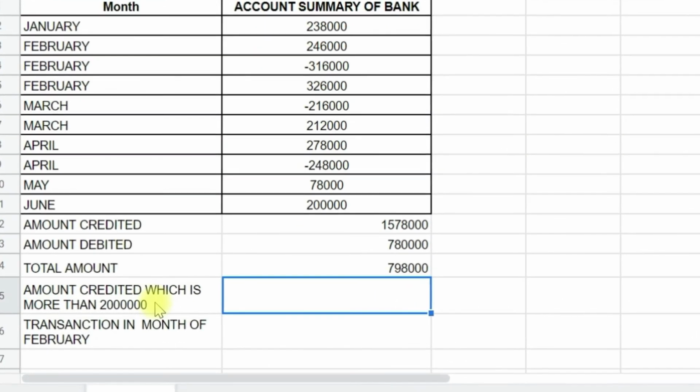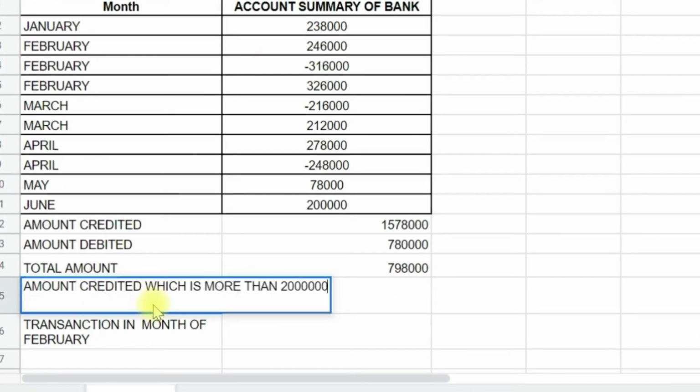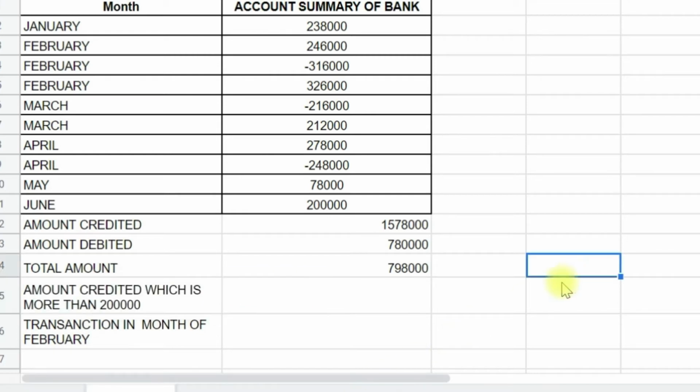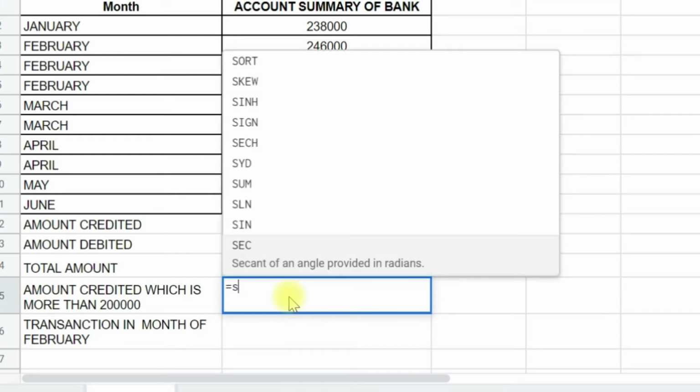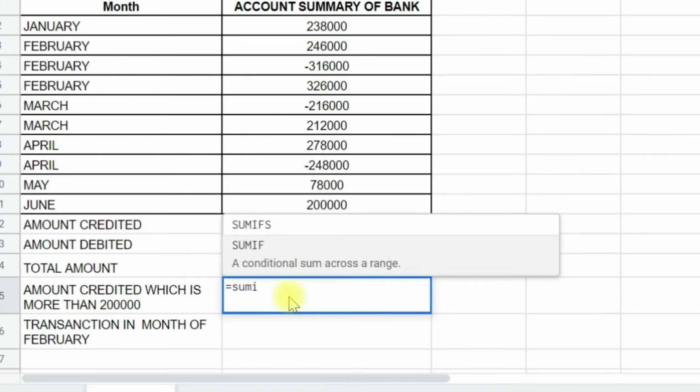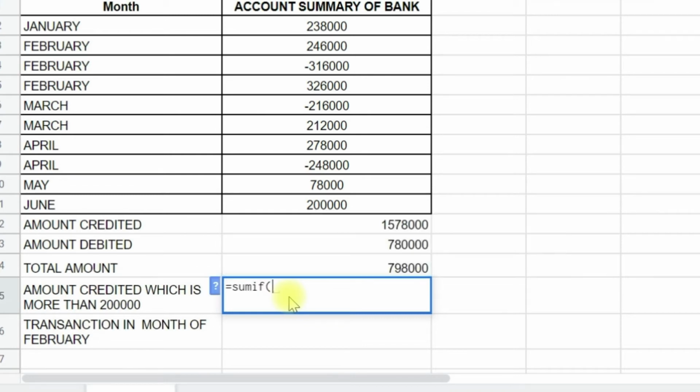Now how are we going to do that? We have to apply the SUMIF function. So we are going to apply the SUMIF function and we'll select the range as above. Select the range.